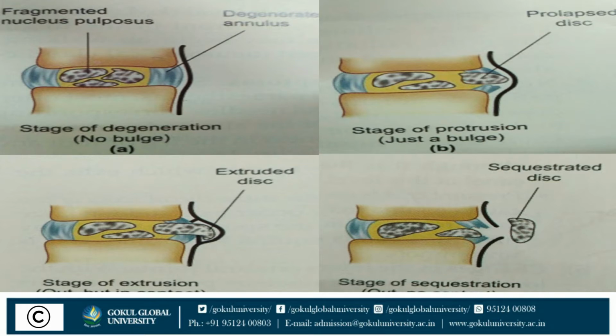Now, the stage of fibrosis. This is the stage of repair. This begins alongside the degeneration. The residual nucleus pulposus becomes fibrous. The extruded nucleus pulposus becomes flattened, fibrous, and finally undergoes calcification. At the same time, new bone formation occurs at the point where the posterior longitudinal ligament has been stripped from the vertebral body, and spur formation occurs.